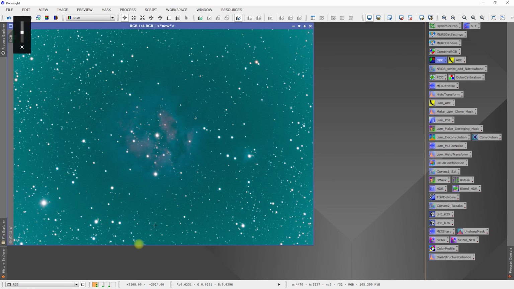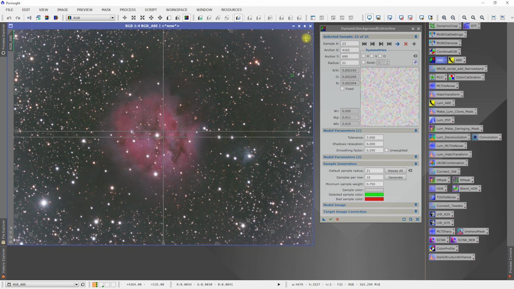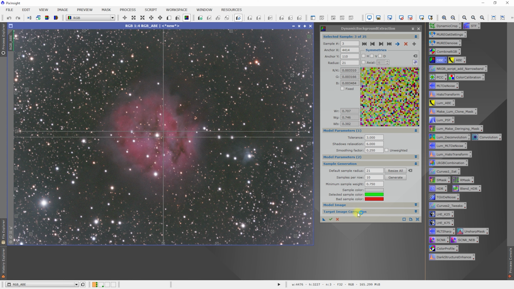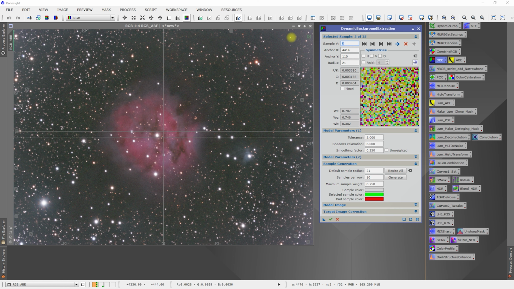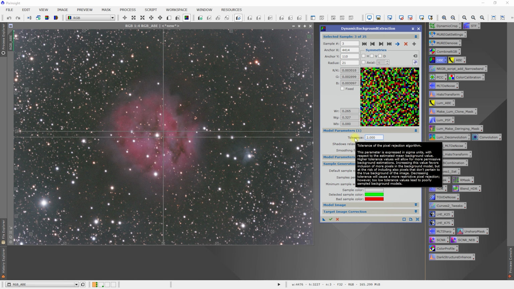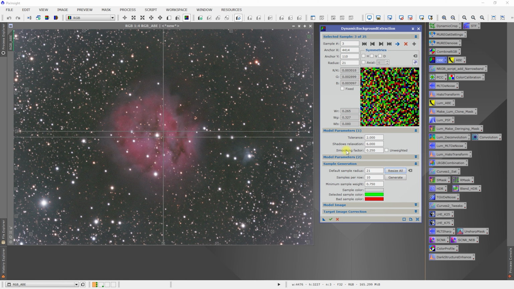So now it's finding a point where we're not going to be rejecting too much, but we want to still reject a fair amount because we have these gradients out here. So we've got this one here, and in this particular case, I am not going to discard the background model either because I want to see what it is. We've got this sample up here. The tolerance is 3, so if I drop this down to a 2, and resize,